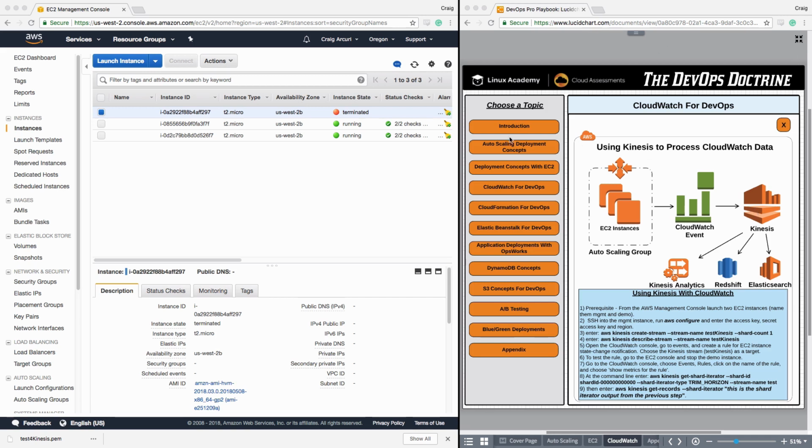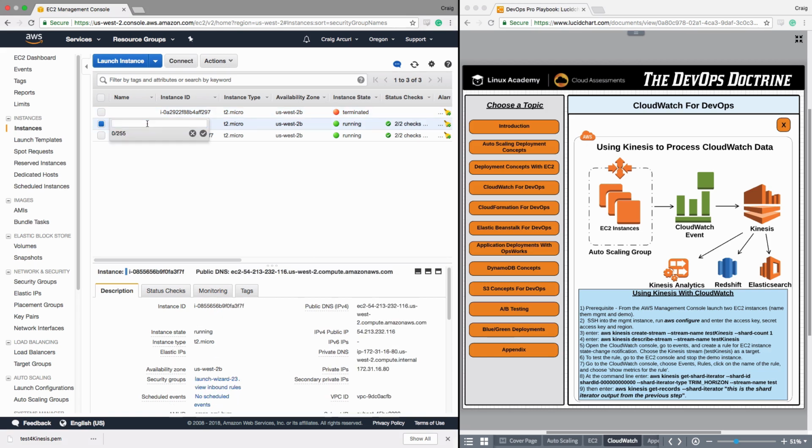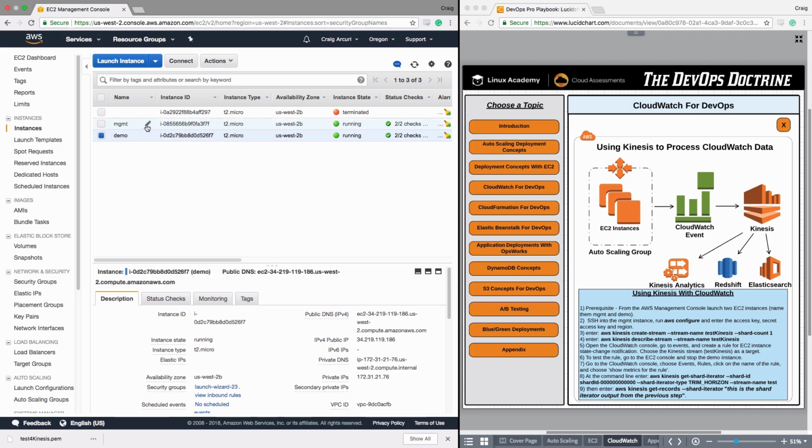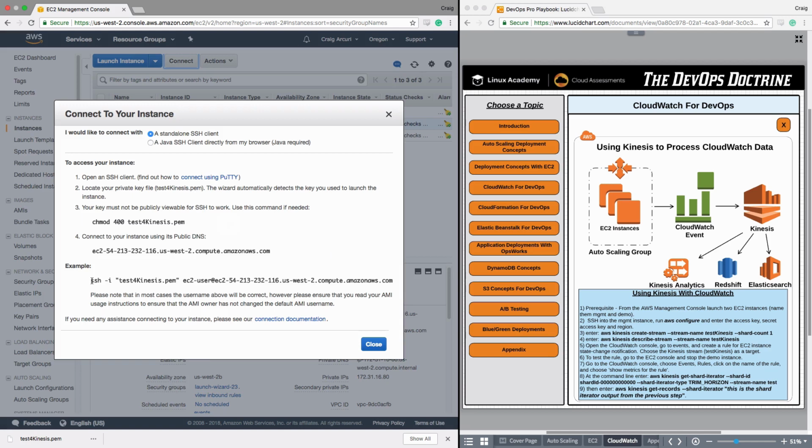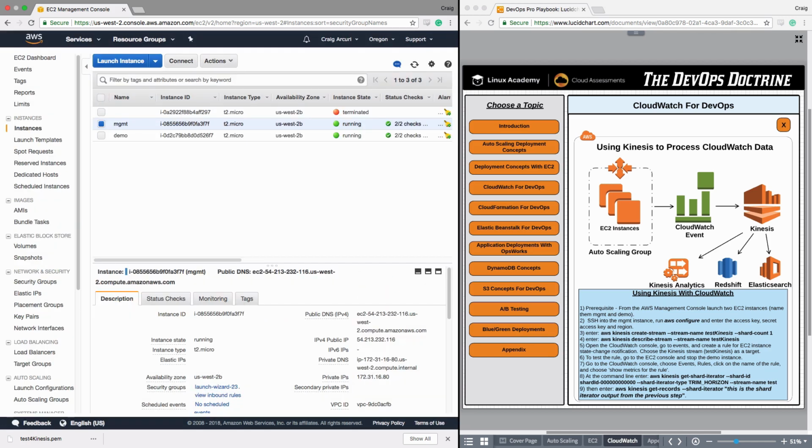All right, so our instances are ready. And again, let's name those. I'm going to name one management, abbreviated, and demo. We're going to SSH into management, and ultimately we will stop the demo instance. So I'm going to grab my SSH information for the management instance. And I'm going to change my split screen to have the management console and a terminal window to complete the